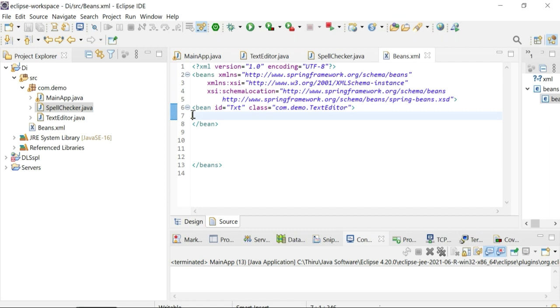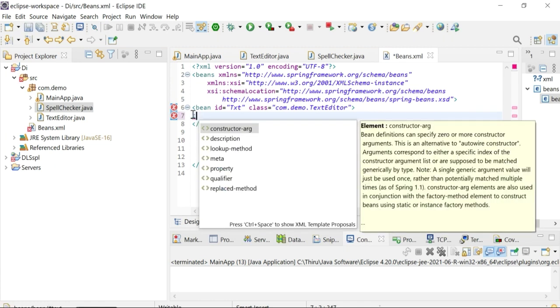This text editor does have one reference variable, spell checker. It does have one object as a variable. If it is a normal variable, any bean which has a normal variable can be defined using the property tag. If it is an object, then we need to make use of the constructor.